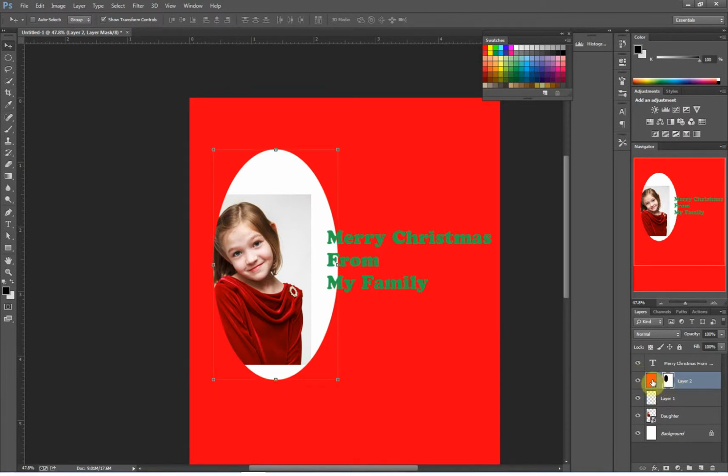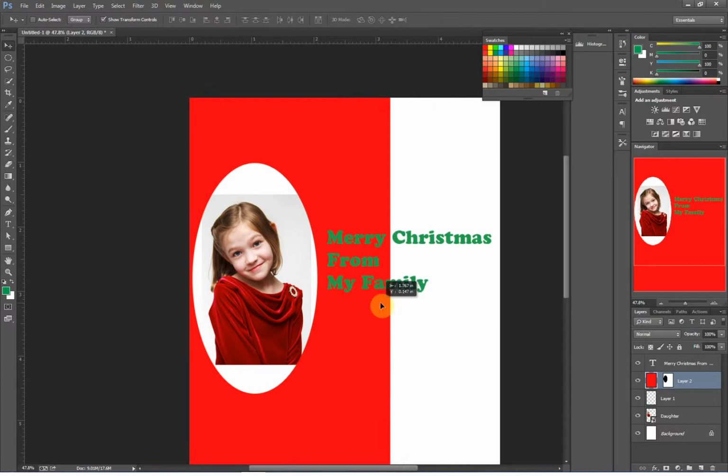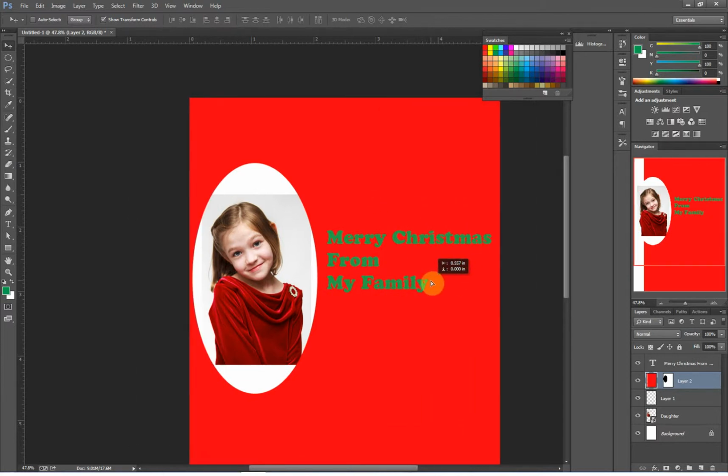which gets rid of it, and now whichever one I've selected in the layers palette is the one that I'm going to be acting on. So if I want to just move the layer mask, then I click on the layer mask so you can see that there's the brackets around the layer mask, and then I'm moving the layer mask, but the actual layer itself right here is staying the same. In the same way, if I want to move the layer, I can move the layer itself, but the mask stays exactly right where I put it. So that's a very quick and easy, powerful, simple tool to make editing and working